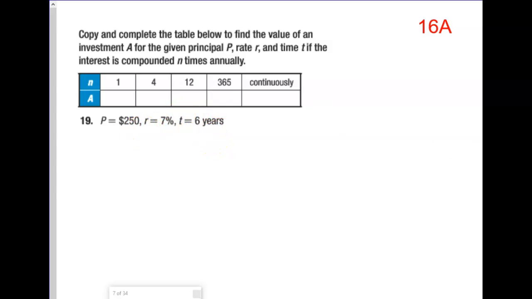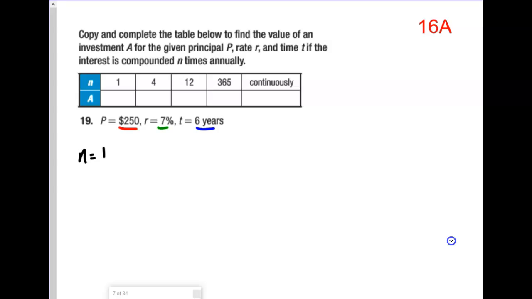Okay, so we have a principal that is given to you as $250. You have an interest rate of 7%. You have a time of 6 years. And what they're going to have you do is change the number of times that you collect interest. So, when n equals 1, part of the trouble for kids is they don't necessarily know which